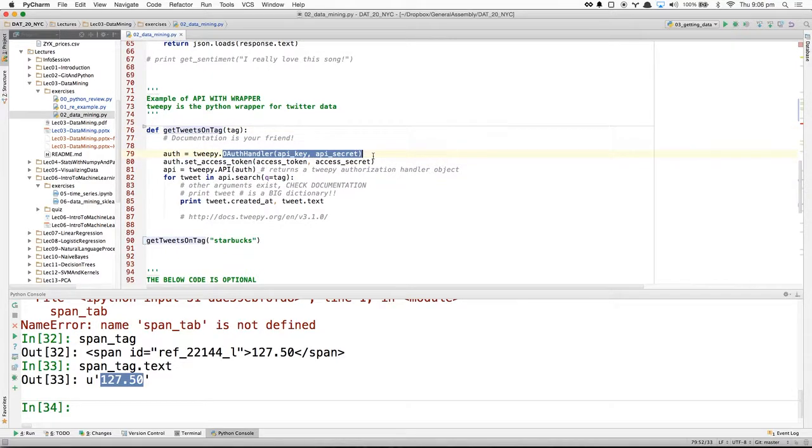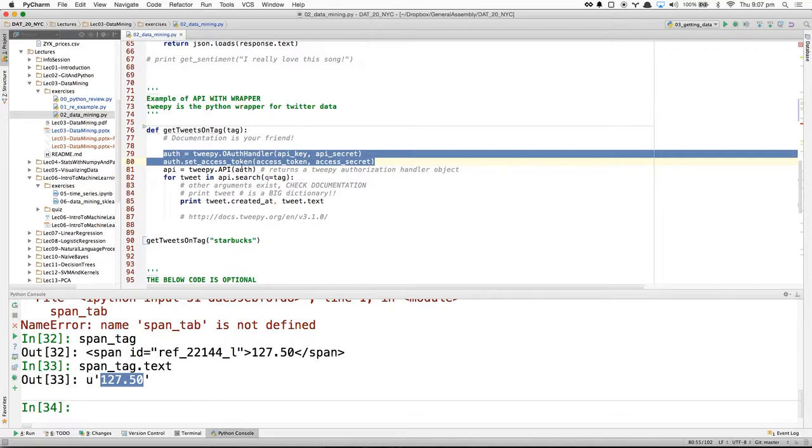And the OAuth handler is my authentication. So I send in my API key and my API secret. And I also have to set this access token and this access secret. In other words, the API key and the API secret identify me and my account. The access token and the access secret are per session. In other words, they expire. So when you authenticate with a web page, you have a username and a password, and that web service, that API, whether it's Facebook or whatever, will basically give you a sort of session access. And that's basically what we're doing here. So this stuff is basically formalities.